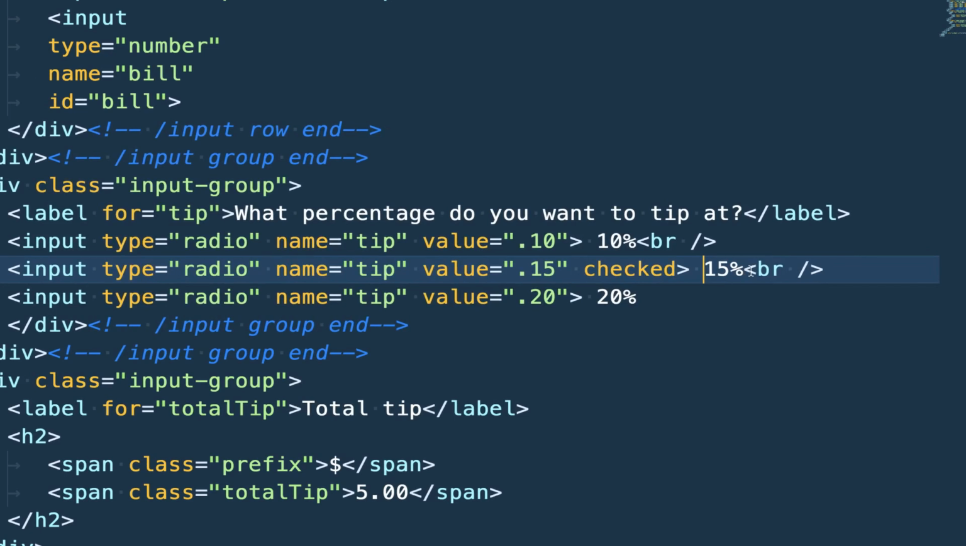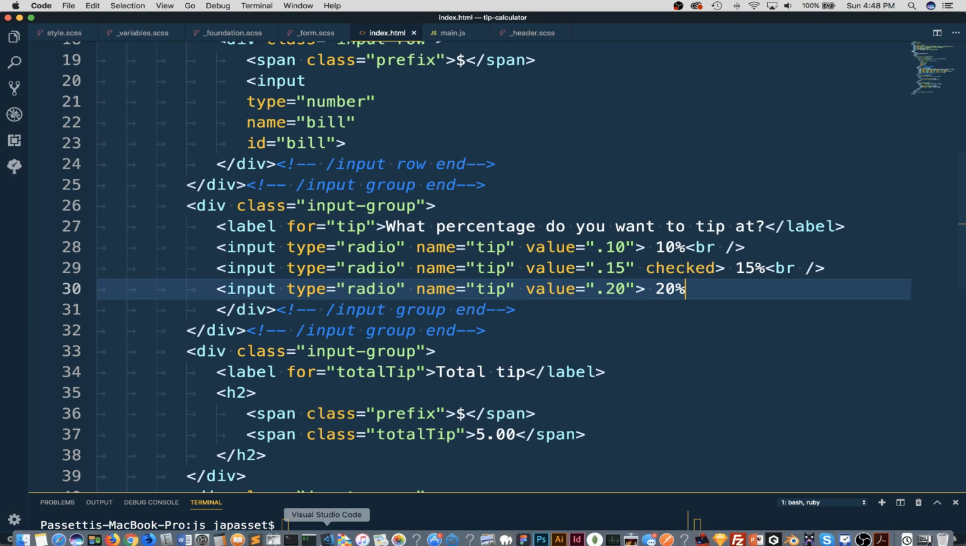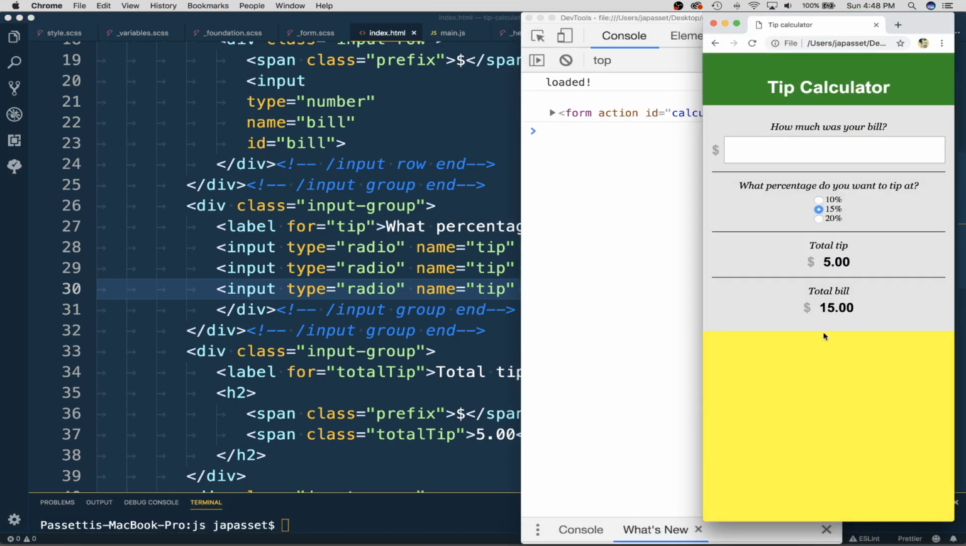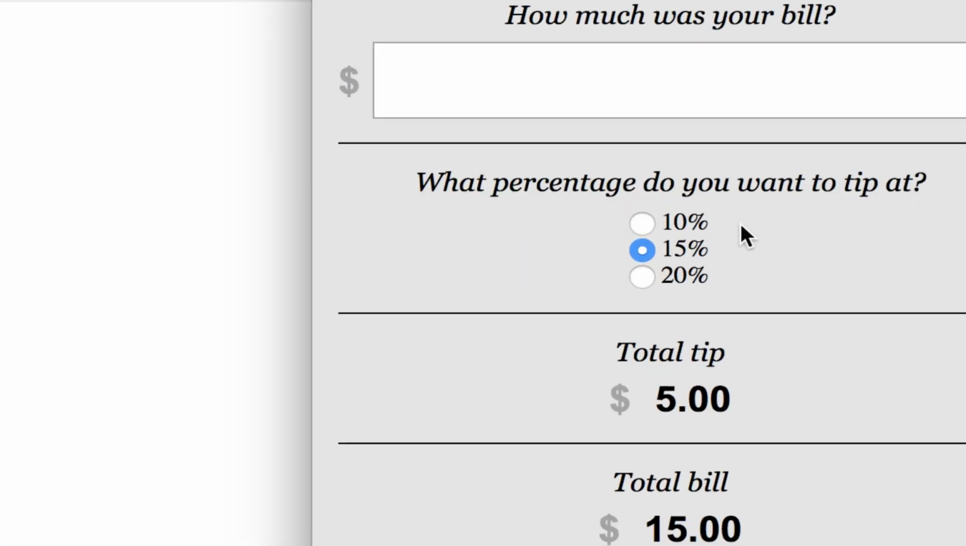I'm taking the 15% because I would like to see people tip at 15% without manually choosing 10% or 20%. Like this is just a general defense. Now you would think you would have to do checked equals true, but you can actually get away with just doing this. If this attribute is here, it's automatically assumed to be true. Save, refresh,